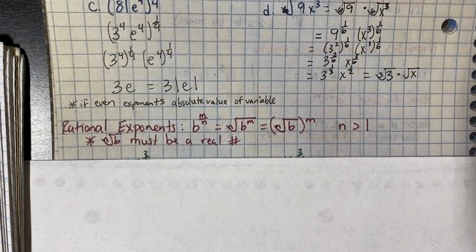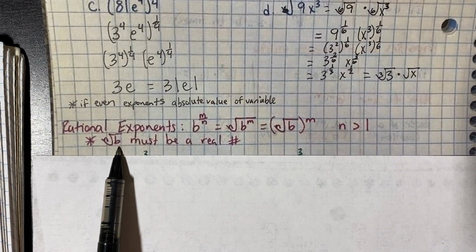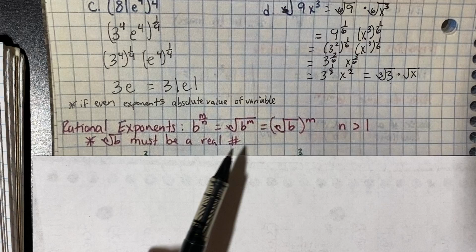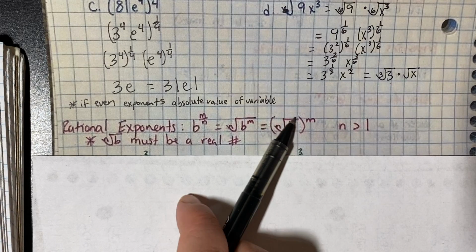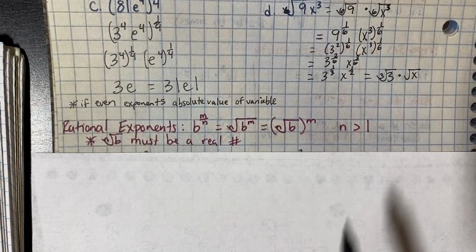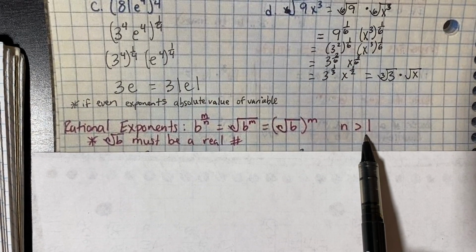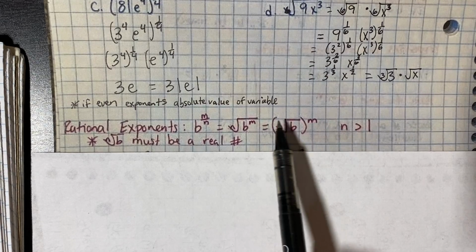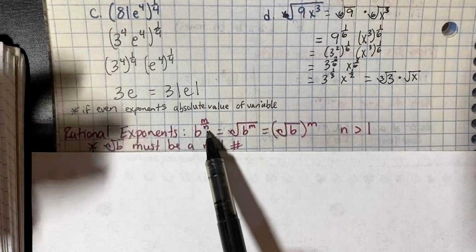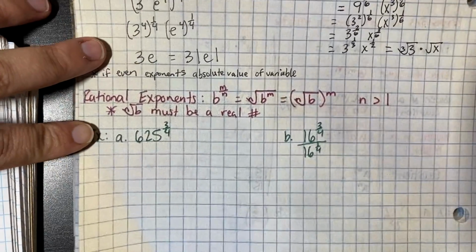Okay. A note for you, the nth root of b must be a real number. So this part in here, it must be a real number. It cannot be imaginary. And in this situation, our n is going to be a positive number. It has to be greater than 1. The n itself, if it's negative, it needs to be attached to the n. All right, so